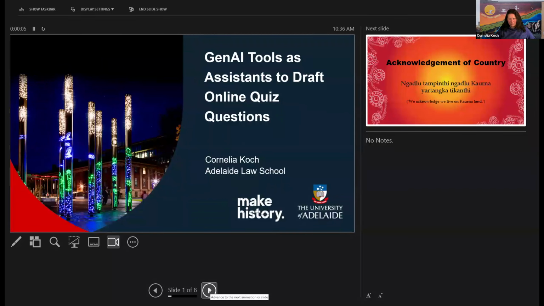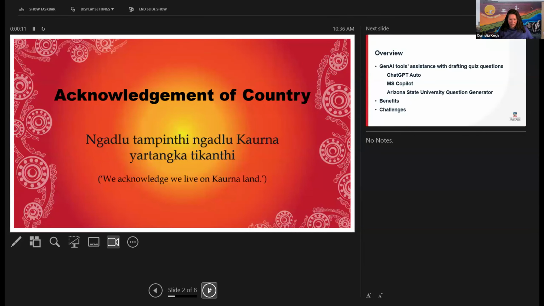So yes, I'm talking about GenAI tools as assistants to draft online quiz questions, but I'd like to start by acknowledging that I'm coming to you from Ghana land, Nadlu Tampandi, Nadlu Ganayata Ngatikandi, and I'd also like to pay my respects to all the traditional owners of the lands from which all of the other participants in this webinar